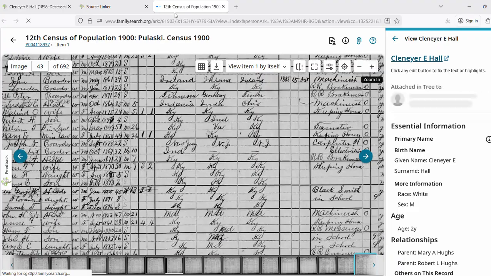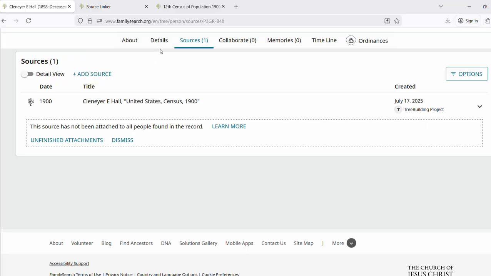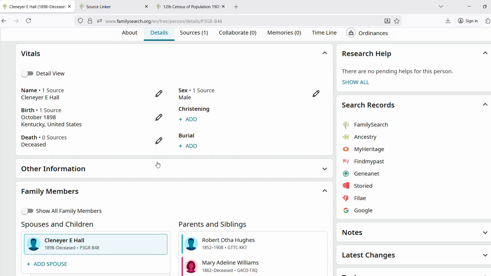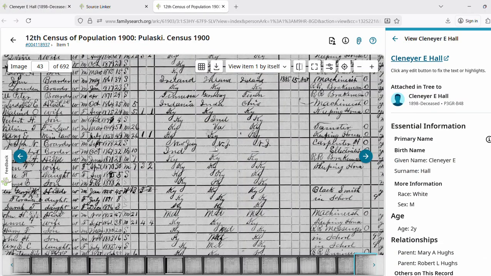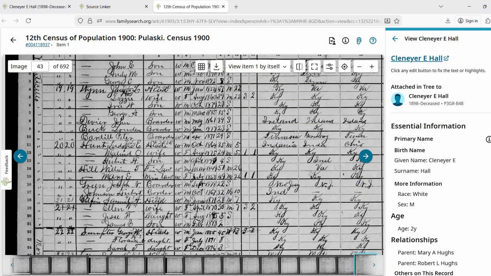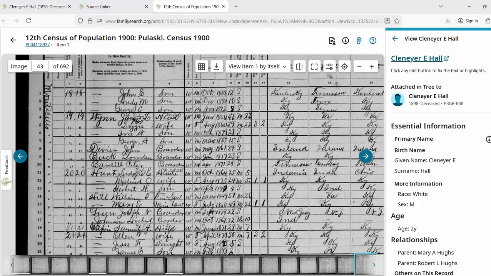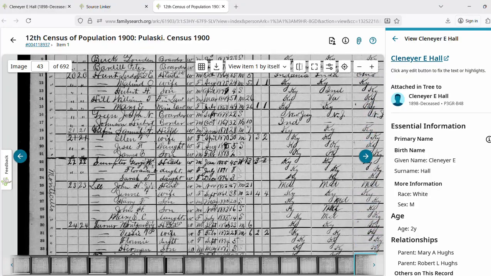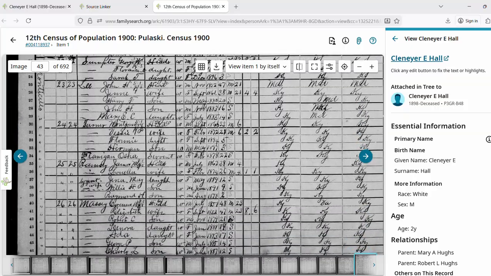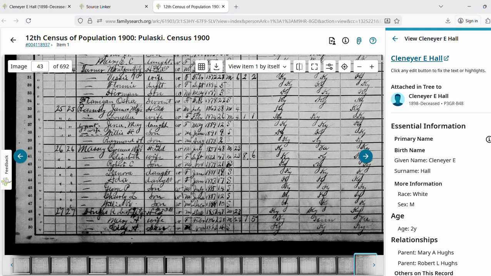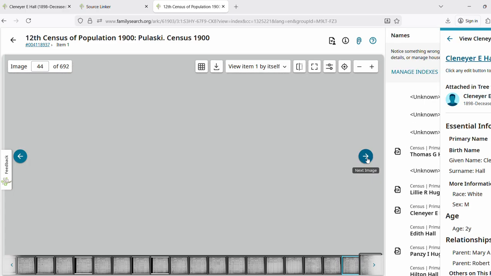And I'm looking for the last name of Hughes, I think. Yep, Hughes. If you don't know how to read cursive, you are in trouble for this. Okay, there's Hughes right there. Robert and Mary, and I think that says Clay. But look, there's the bottom of the page. So we're going to go over here to this arrow, and it's going to go to the next page,